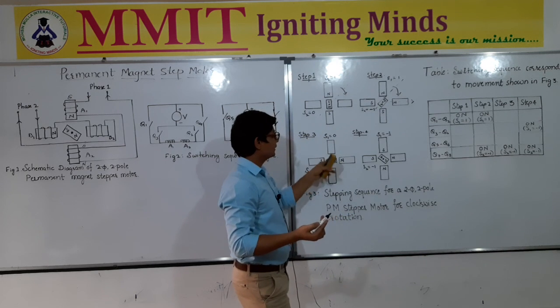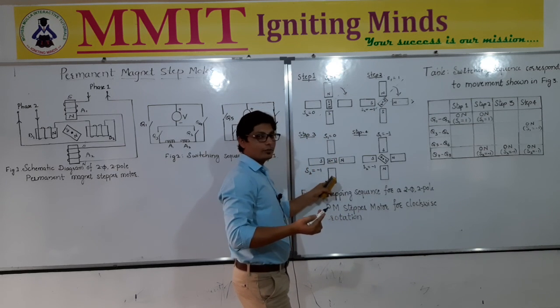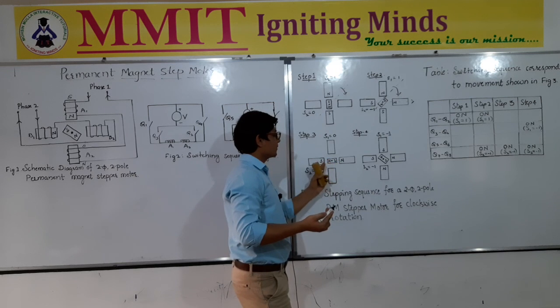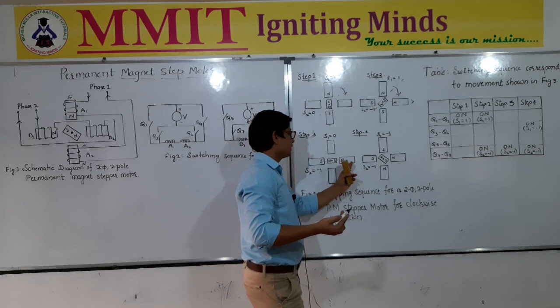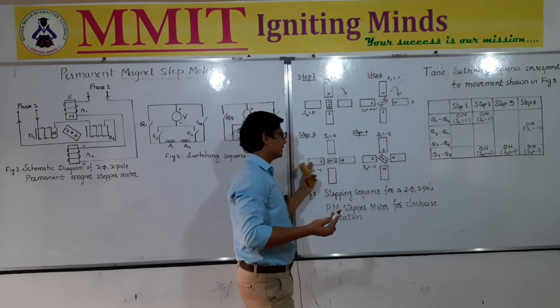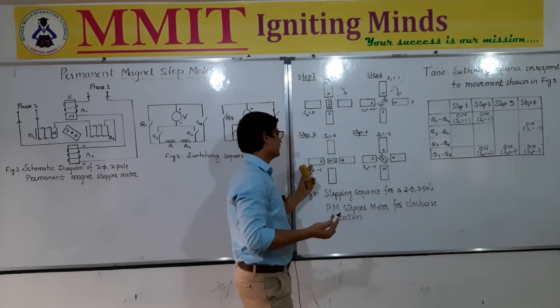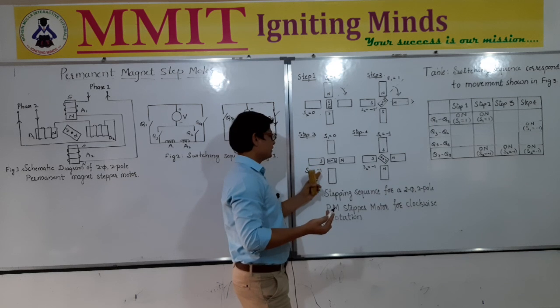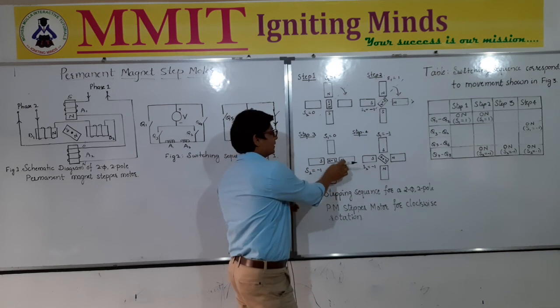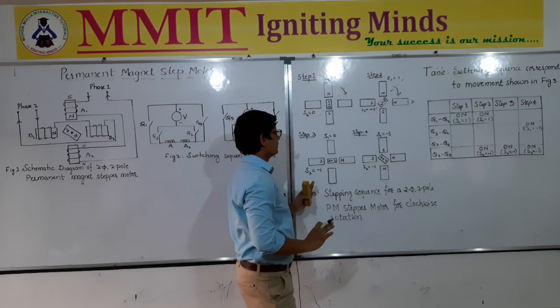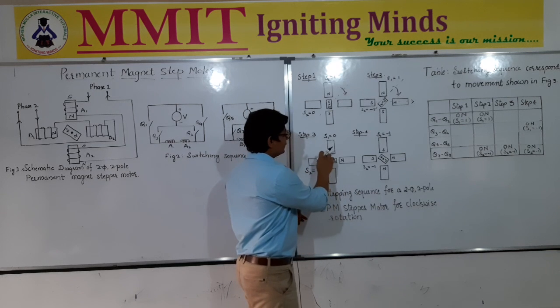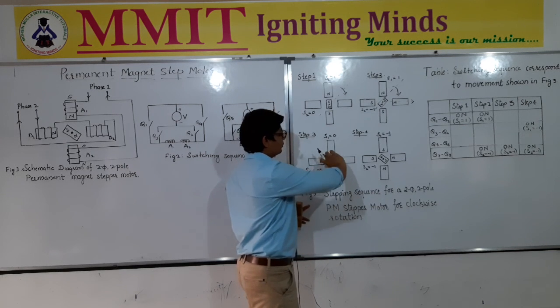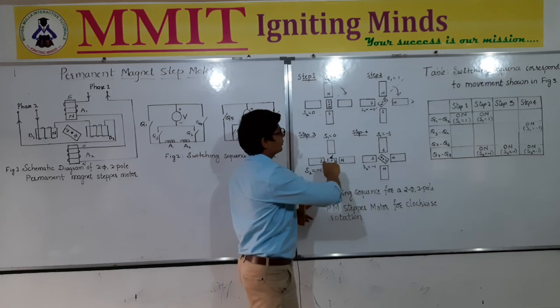So therefore here these two magnets are turned off, therefore the permanent magnet is aligned in the horizontal direction in the poles created by the second phase or B phase windings. Okay, so still S2 is -1 because we have kept N here and S here, so it will be the same. So this is the step 3. Now we want to rotate N to this side. Okay, so we are obtaining the clockwise direction.